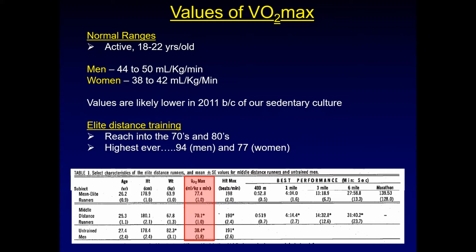So here are the elite. This is from the Costill study of those distance runners, the Olympians from the early 70s. Here's our Olympians. Their average VO2 max is about 77. The college-age middle distance runners were about 70, so not a huge difference. These guys are Olympians. These guys are just kind of regular college folks. And here are our untrained guys,